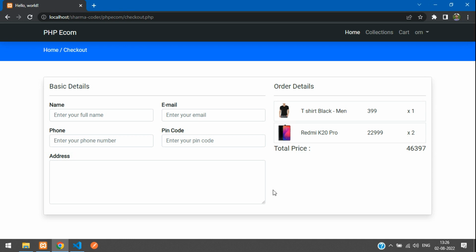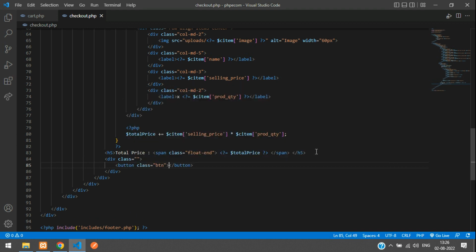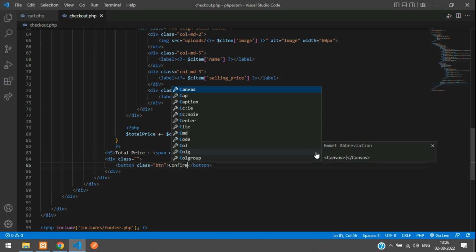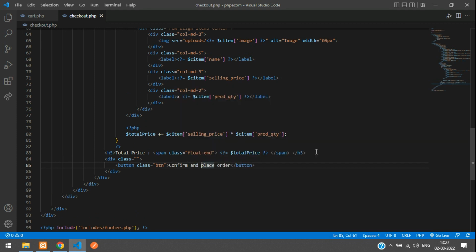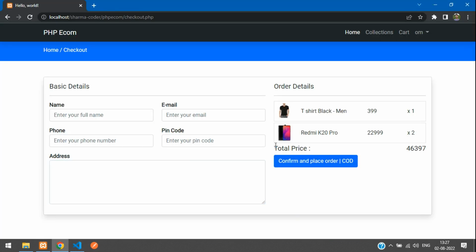So it looks correct. Now we'll add the checkout button over here. Say let's keep a div over here, btn.btn, say confirm and place order. So this will be the cash on delivery thing. So let me just say COD, and this will be btn primary, refresh. So let us just add one HR over here. So it will just divide the cart with this thing. Okay,